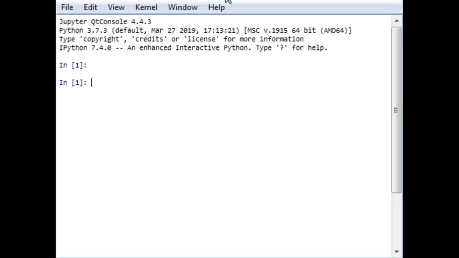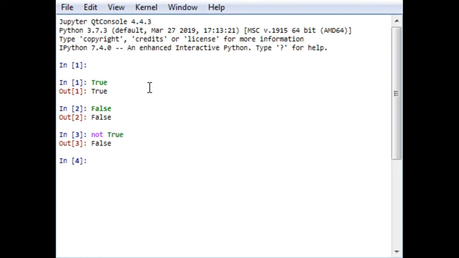In Python, as I have suggested, if I write True, it will give me an output of True. For False, it will be False. When I use the not operator, it will be False.